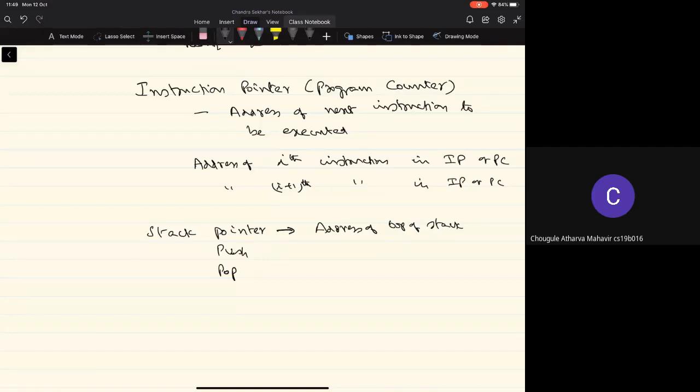Okay, so in both these cases, that is both the instruction pointer and the stack pointer, in addition to storing some content in the registers here, there should be a mechanism to support the increment operation as required in the program counter, and the increment or decrement operation in the stack pointer.